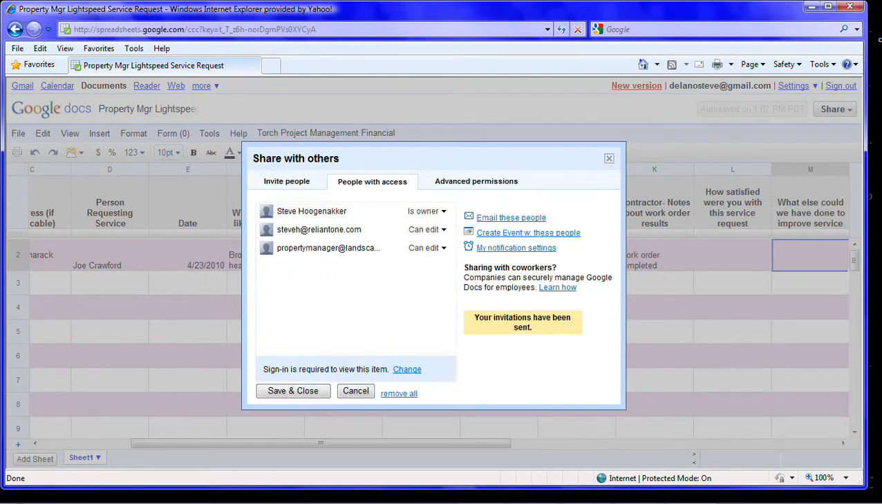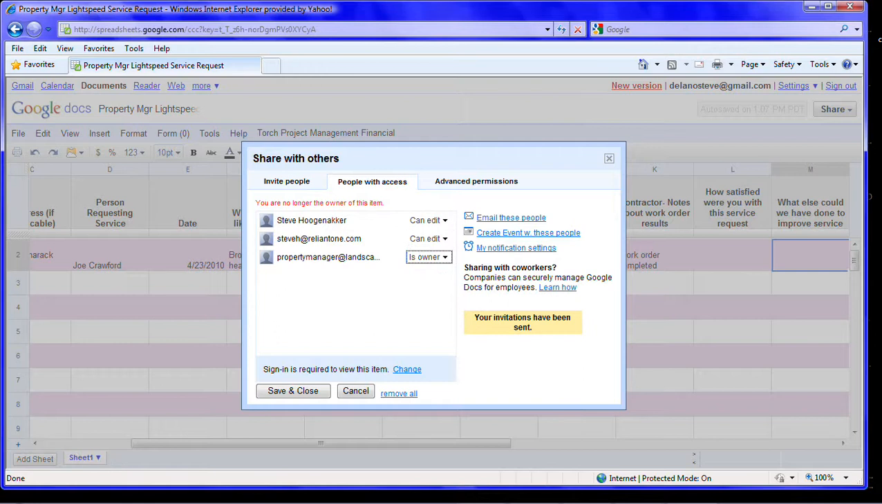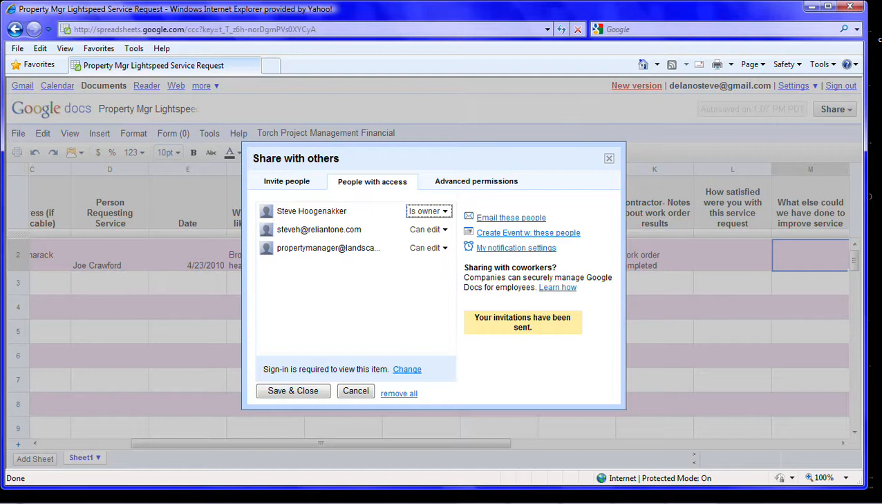Now you can see that I'm sharing this with 2 other people. These people can edit it. If at some point I want to transfer this over to the property manager, bang, I can make them the owner. I can make whoever switch it up, and that's what we're going to do. Then we're going to save and close this,